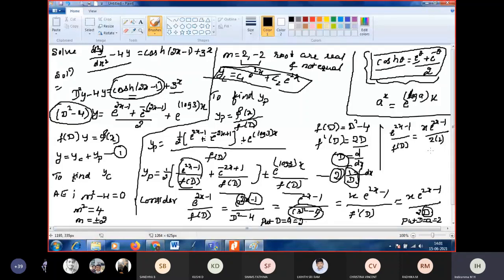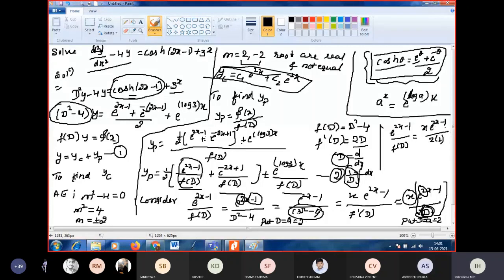Ma'am, how did we get D equal to 2? Can you explain again? Replace D by a. What is a here? 2, ma'am. Same procedure we are following. We are not bothering about x because that is an extra term we multiplied, so it will not come into our further simplification. Did you clear? Yes, ma'am.